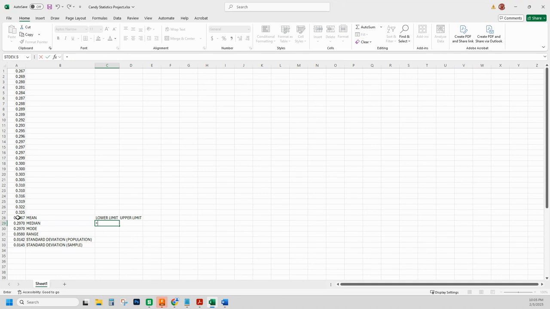So on the cell here below lower limit, I'm going to type in equals. Now I'm going to come over and pick on the actual number for the mean. Now I'm going to subtract this since we're looking for the lower limit. I'm going to type in minus. And now I'm going to come down here and pick on the number for our standard deviation. I'm going to hit minus because we do have to come out here and subtract that 2 times. So once again, I'm selecting the standard deviation for the population. Once I hit enter, it's now going to give me my lower limit for my data set to use